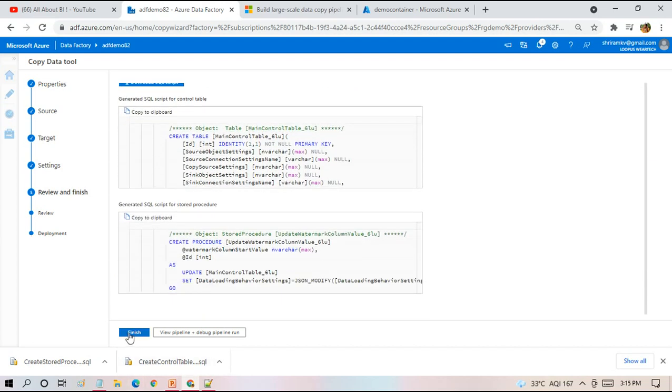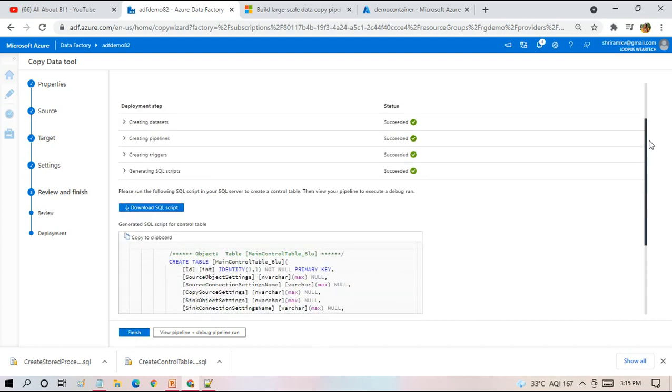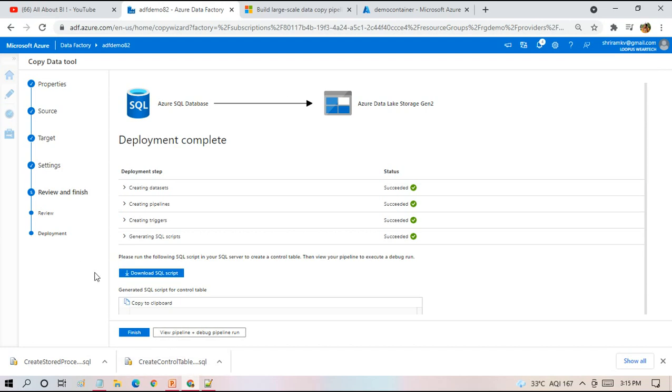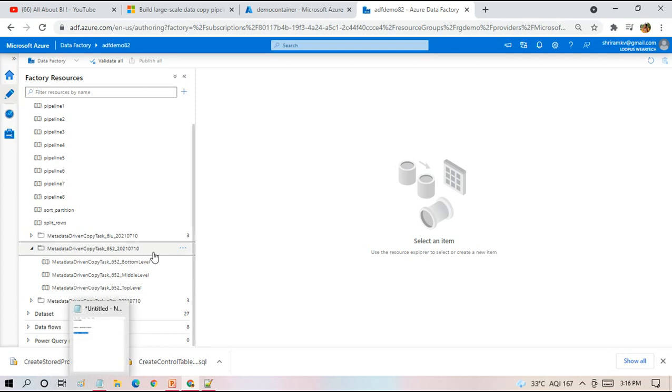Once we finish, then we are going to get 3 pipelines. Why 3 pipelines? I will tell you. Pipelines and activities inside the pipelines for handling the delta load and other stuff, and then we'll have associated data sets with us, and then the trigger. Okay, these many things are going to be created for us. I have already created a couple of times, so I'll just take you through that. So this is how we are going to be getting the pipelines created.